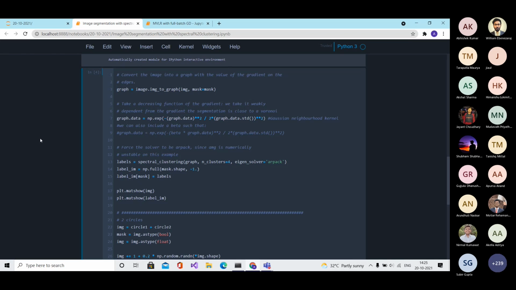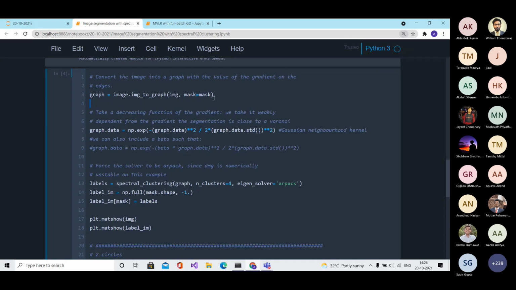Guys, spectral clustering works on the Laplacian matrix, so we'll need to create the Laplacian matrix first. In order to do that, we take the image and we create a graph out of it. We will use the image class from the sklearn.feature_extraction package and call the function img_to_graph.